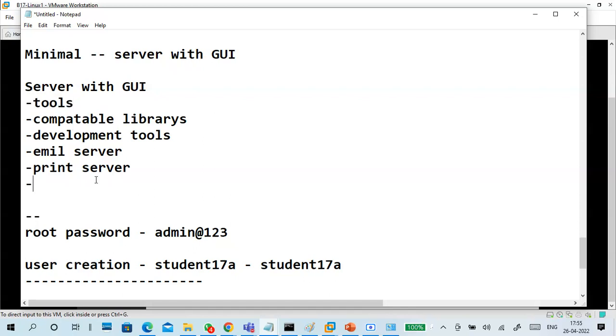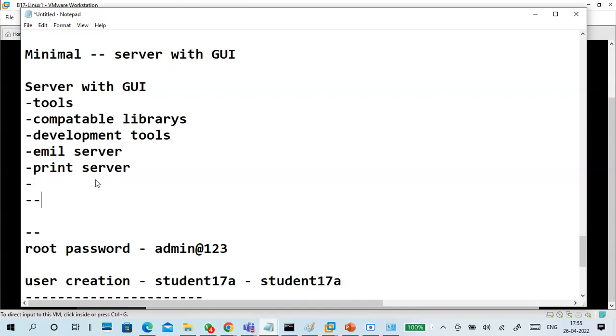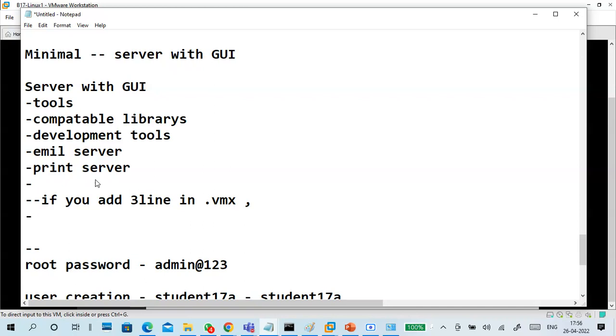If you add 3 lines in .vmx, then only virtualization and the stuff you can add. Virtualization related things you can add it.